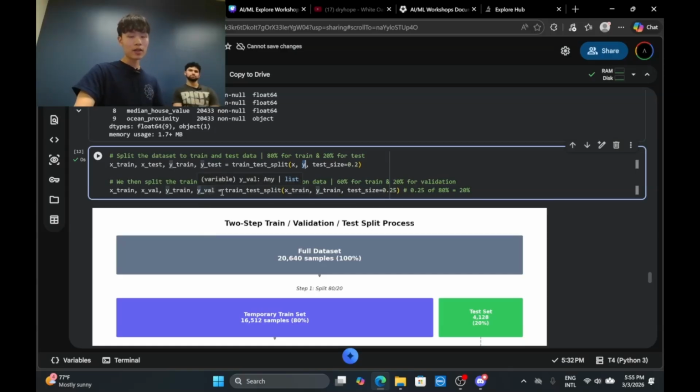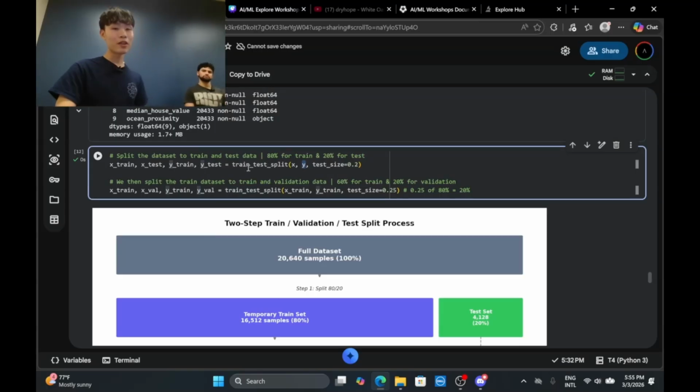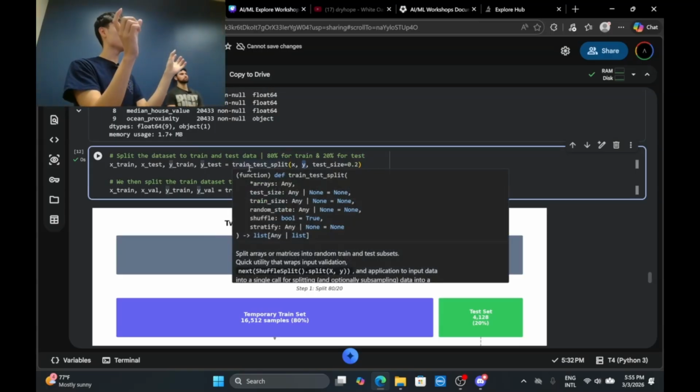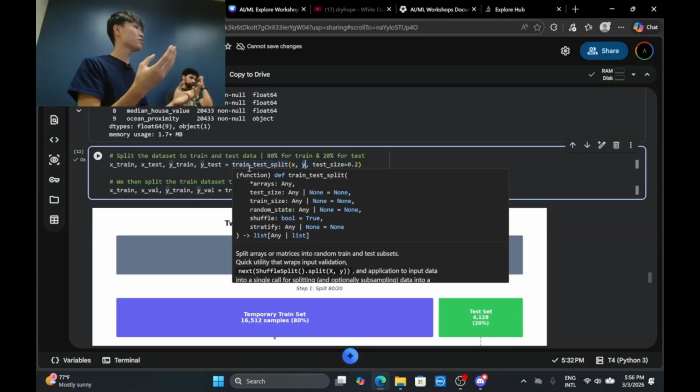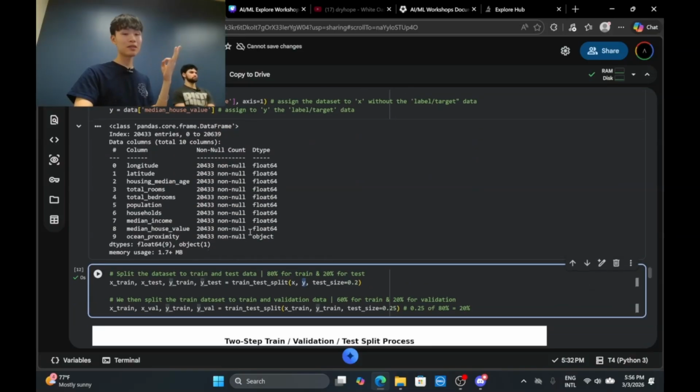After that, what I'm doing here is to further split. Right here, I only have split into two data sets, which is training data set and testing data set. But I want best practice, which is the three data sets I was talking about before. We talk about training, validation, and test. So I need three sub data sets.